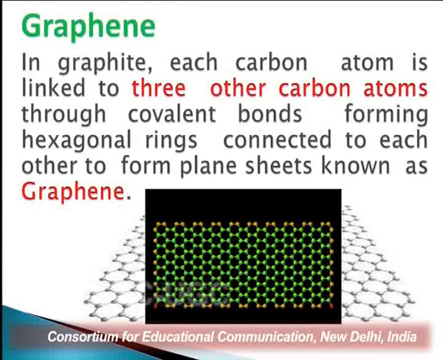On the screen we have the diagram of the graphene. Here all the hexagonal rings are attached and they form the graphene sheet. And this graphene sheet is used to form the carbon nanotubes after rolling it. It may be rolled in many forms, and on the basis of that, its properties will change. Carbon nanotubes are described on the basis of the rolling of the graphene sheet, and on the basis of that, its properties will vary.